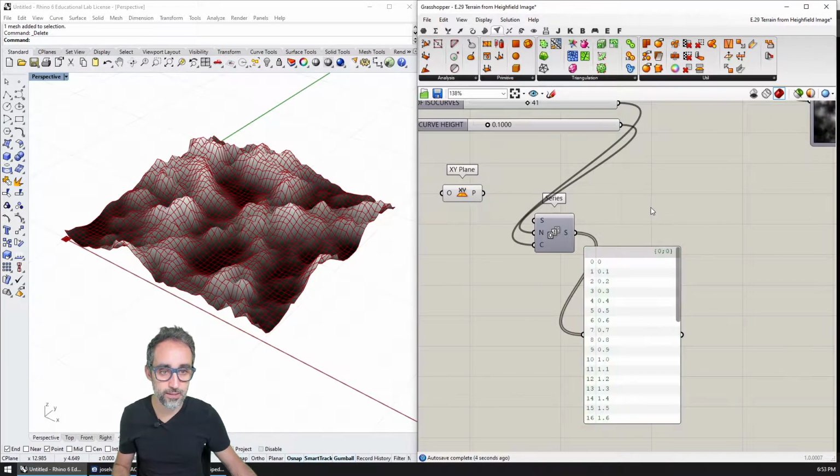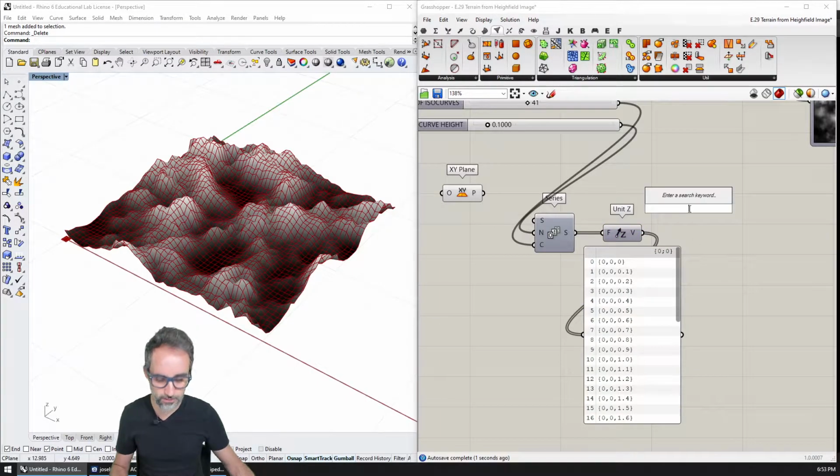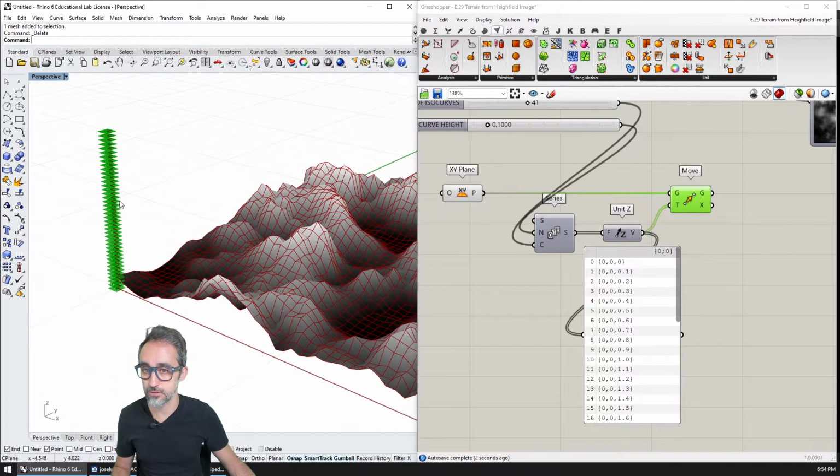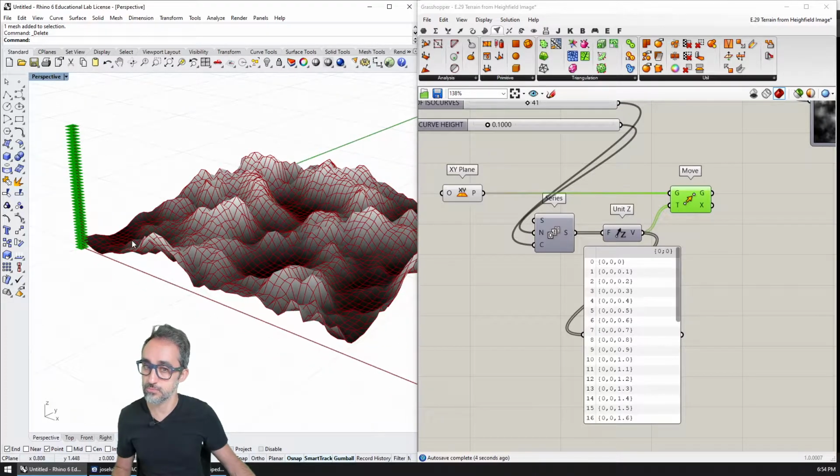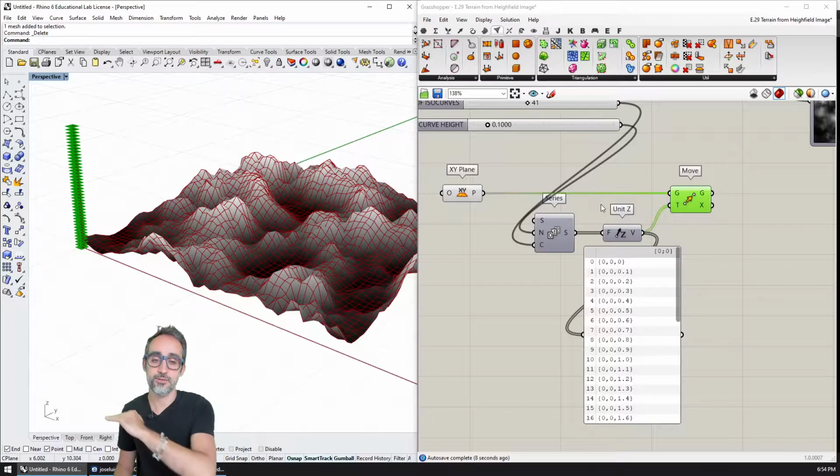If I now use that to create vectors, I can use those to move the original XY plane, hence creating a collection of planes in 3D space, which I can now use as the cutting planes for this mesh.